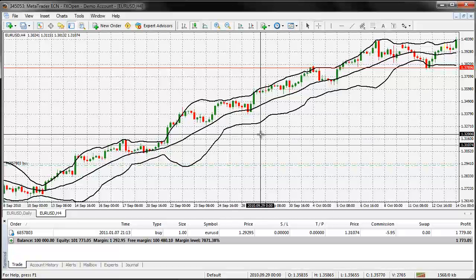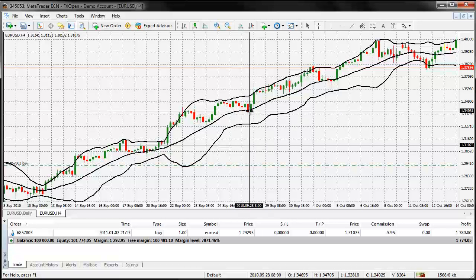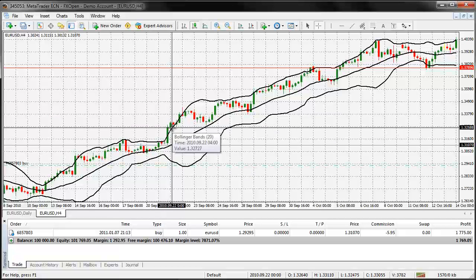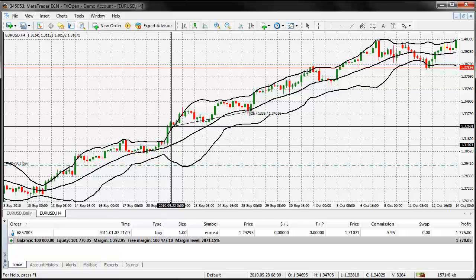Alright, when to get out? Well, this bar here actually closes below the middle of the Bollinger Band. You could essentially, from here to there, that's 135 pips. So from there, essentially, you could book in 50 pips and not close the trade and see what happens, to see if it keeps on going up. If you chose that option,